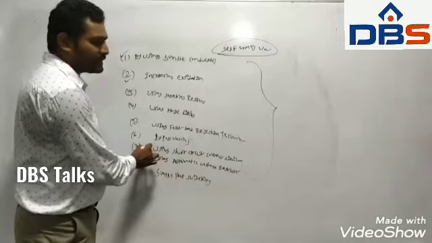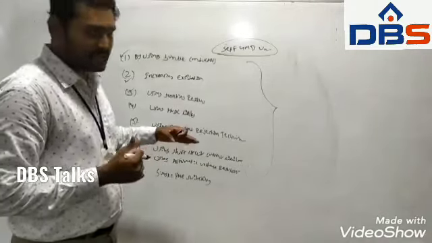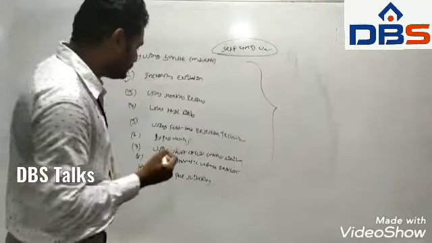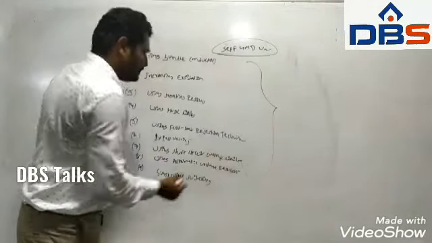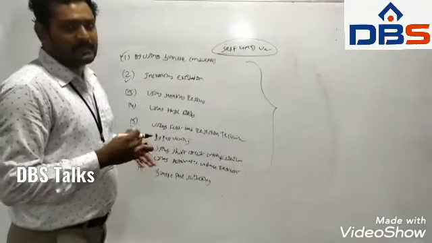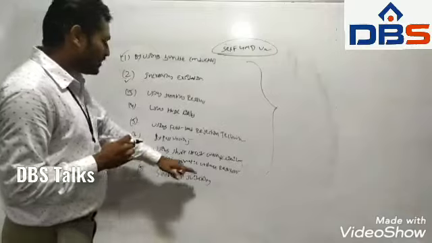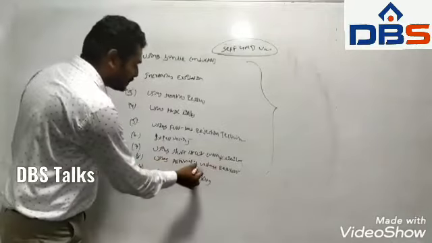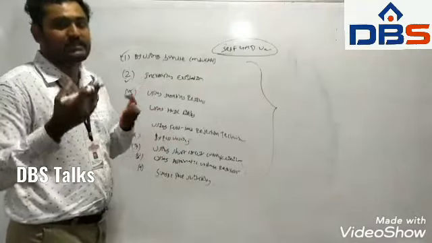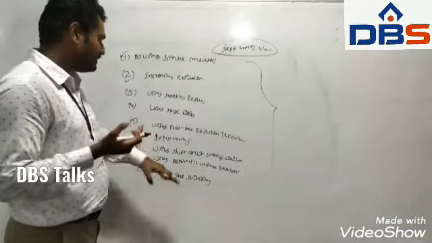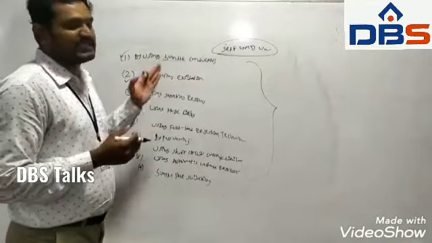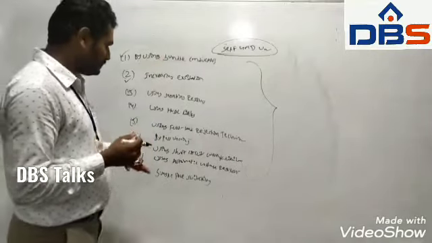By using short circuit current limiters, we limit the short circuit currents, and at the same time we improve the steady state stability of a system. And by using automatic voltage regulators, we regulate the voltage. That means we maintain stable operation by using these automatic voltage regulators, and also we modify the transfer impedance of the system.